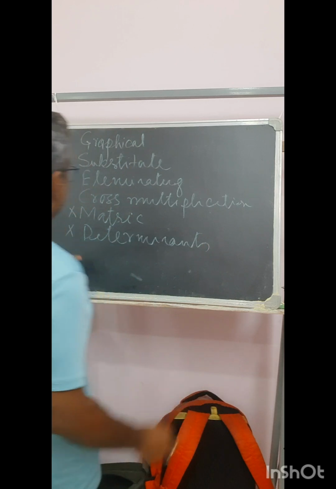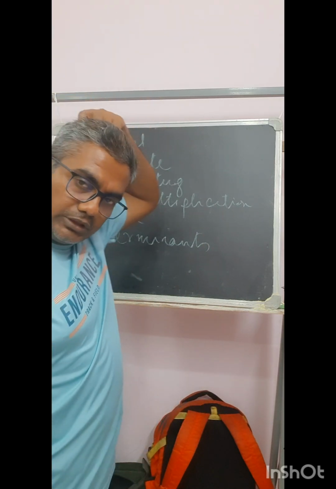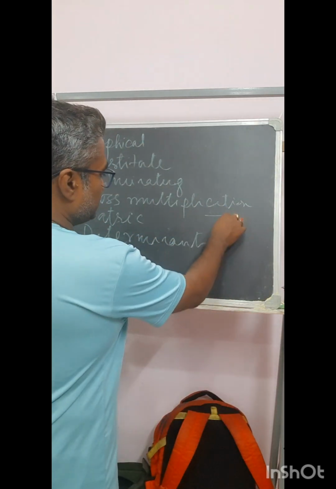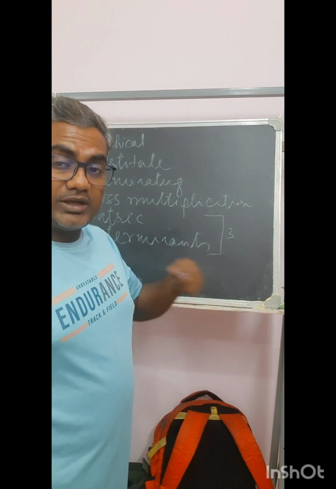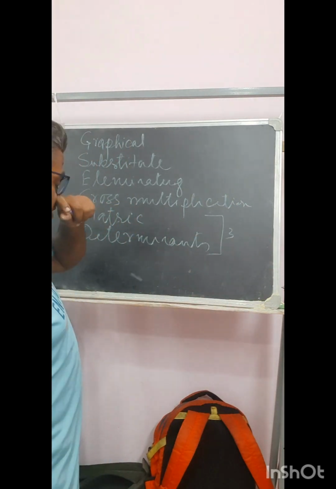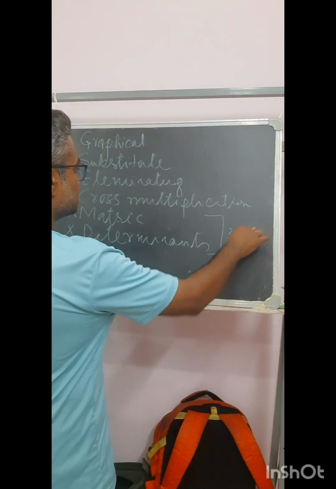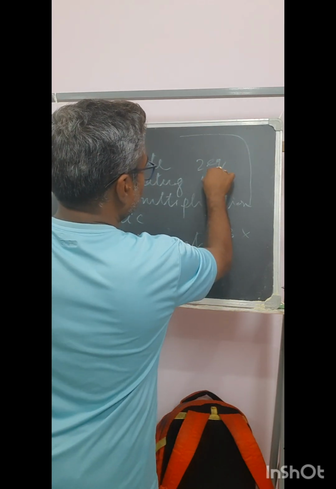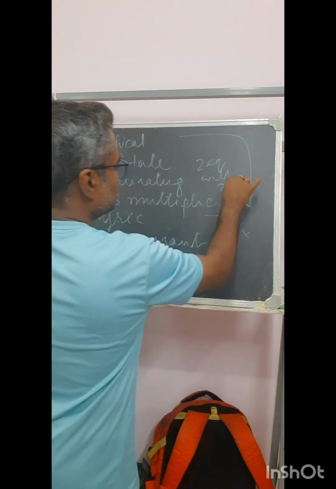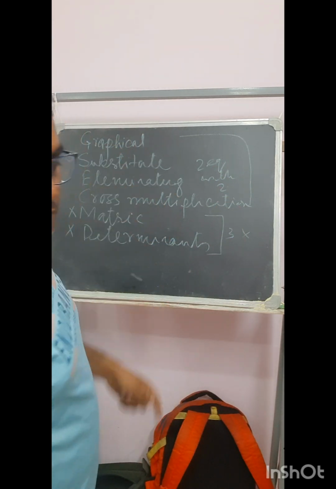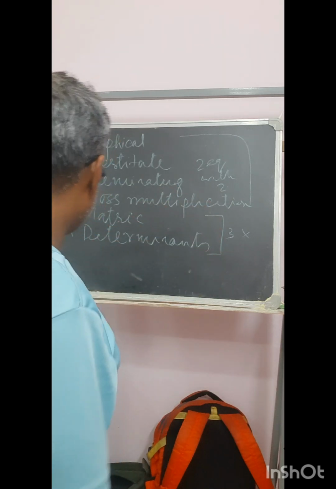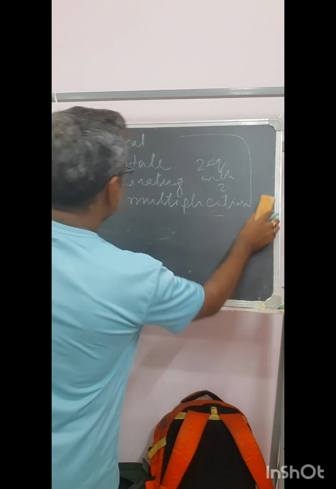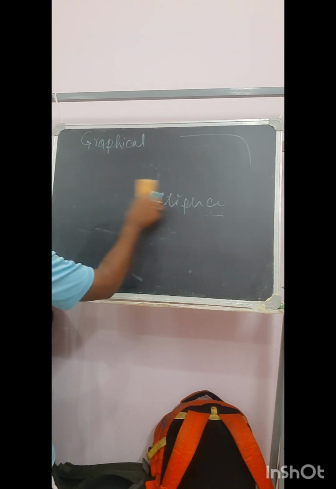So these are the methods by which two linear equations of variable 2, or 3 linear equations of variable 3 also, can be solved. From 2 to 3 I can solve. So this I will not discuss. For this case I will solve two equations with two variables. So this was my target. One by one I will explain, and then I will give you some numerical examples, so that you could understand. So we'll start with the graphical